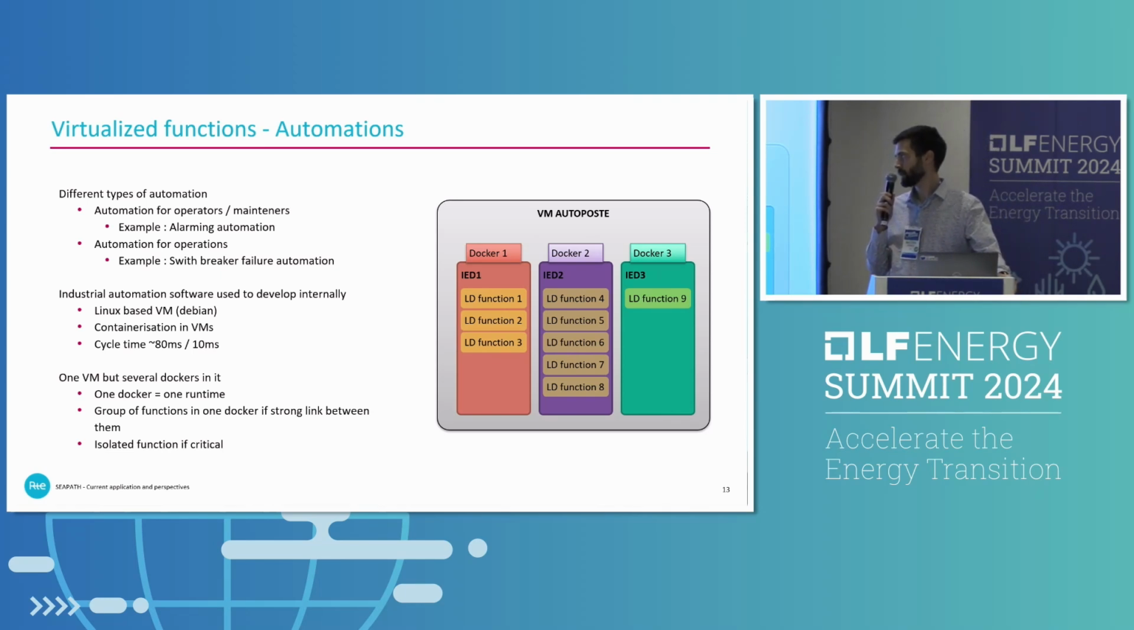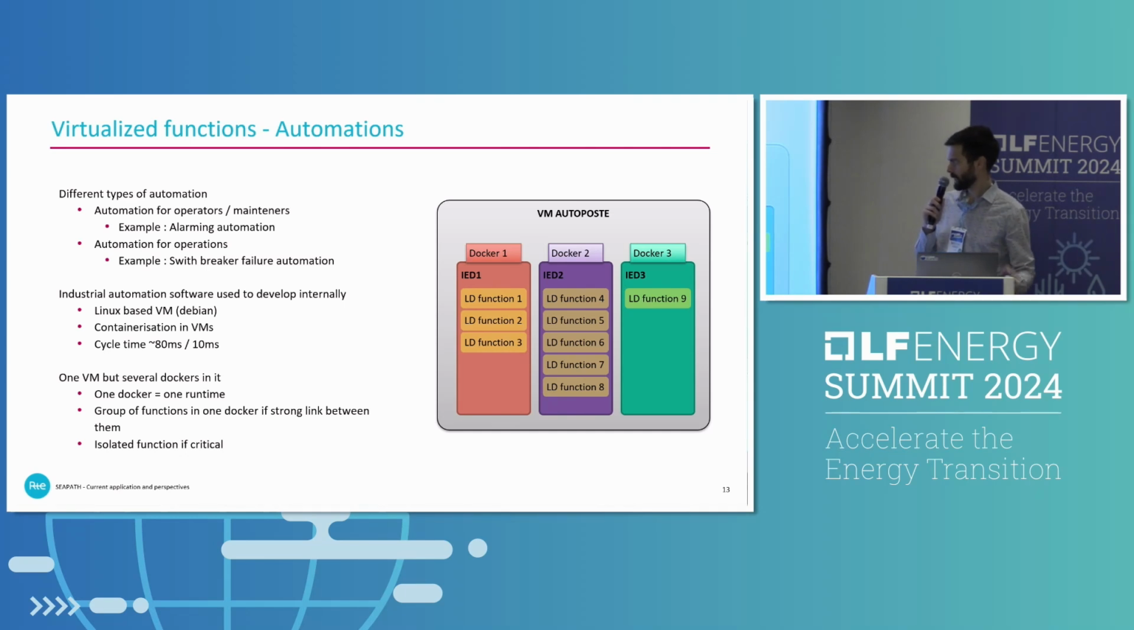For example, the alarming automation. This automation only makes the alarms sound. We can hear the alarms when someone is in a substation. It's a pretty basic automation, but that's one we developed. We developed this automation in RTE, and we built all the virtual machines with the Dockers you see here internally